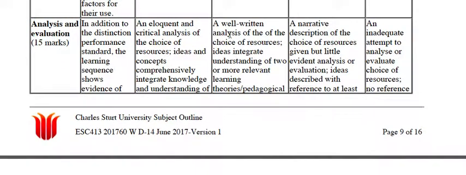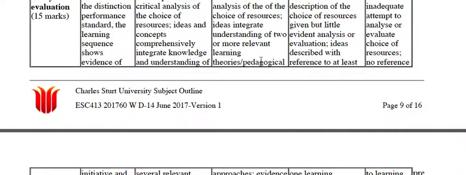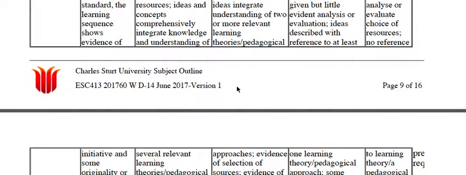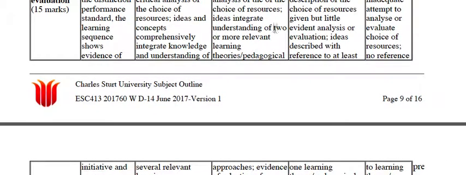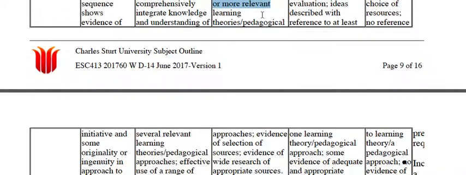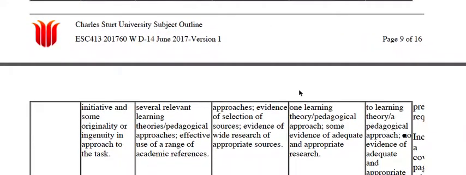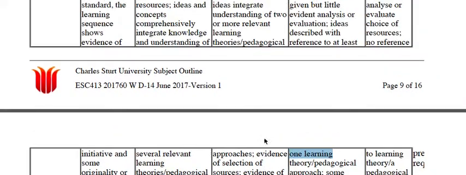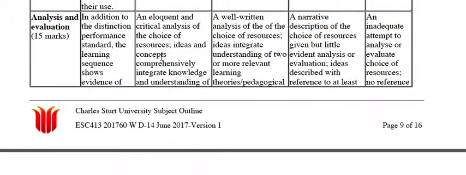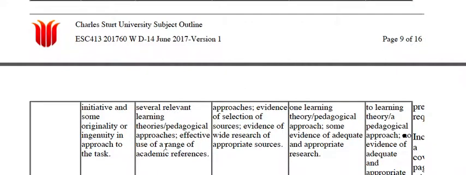Okay, so it's well written, analysis of the choice of resources. Your ideas are integrated with an understanding of 2 or more relevant learning theories or pedagogies. So this has been given to you as a quantitative number, so this is at least 2. So to get a credit, you must have mentioned 2. To get a pass, you must have mentioned 1. Obviously, to get a distinction and high distinction, you're mentioning more than 2 learning theories, which means that they must